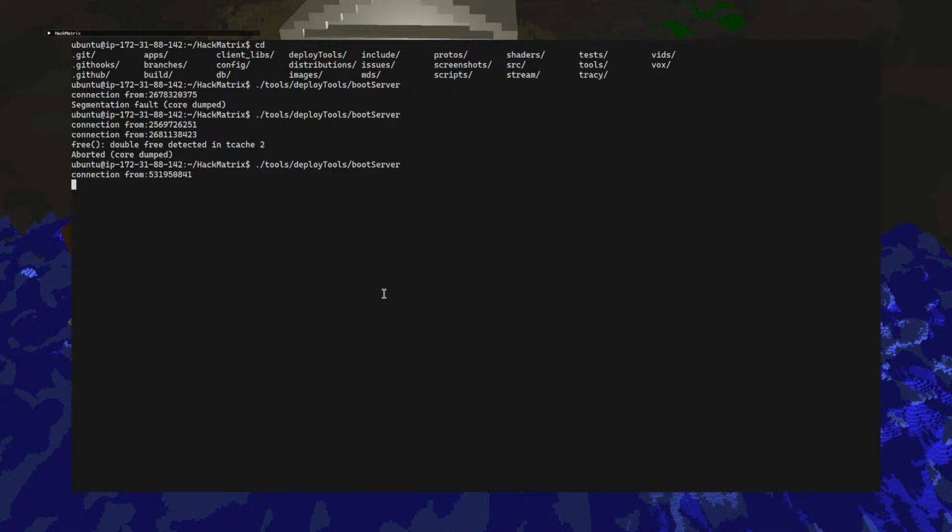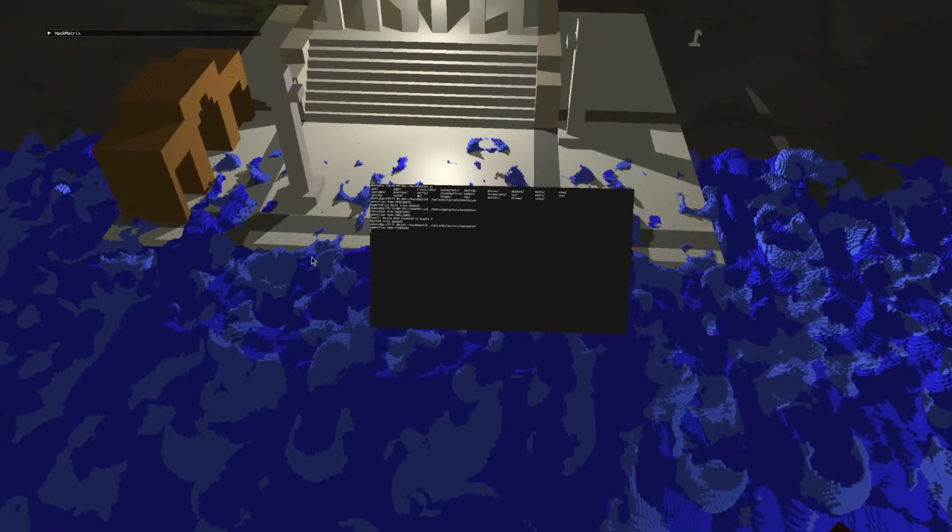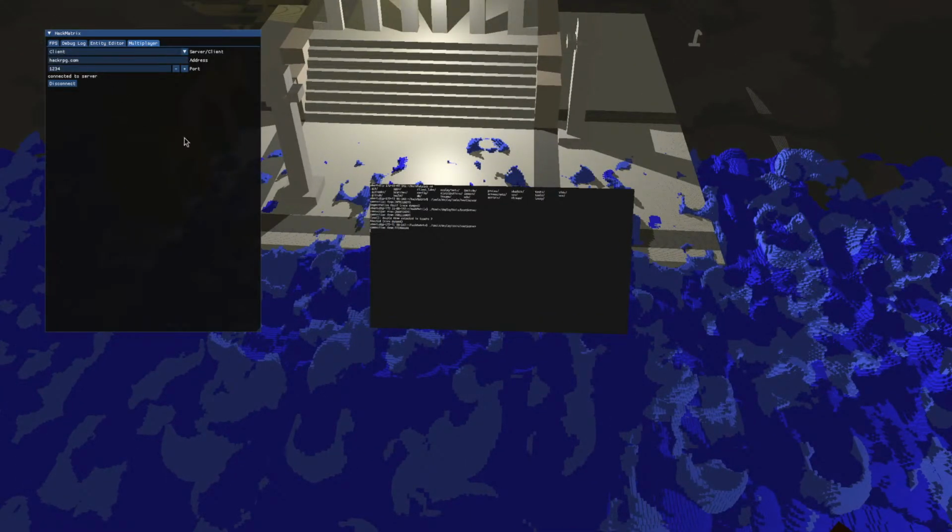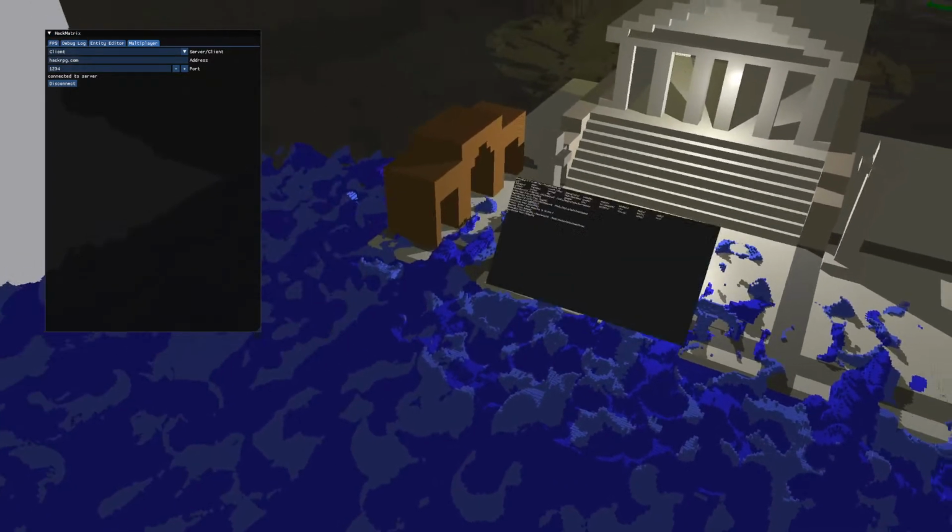And if it just freezes, that means you're not actually connecting, by the way. I believe I'm still connected, because I believe that is my ID right there.